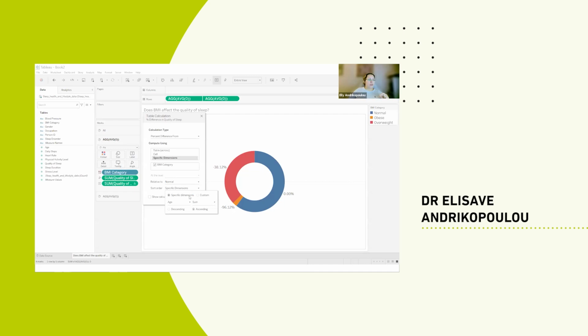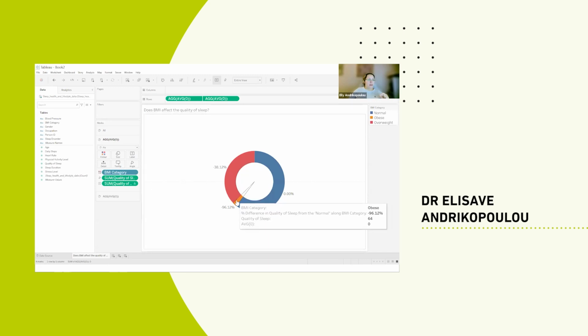You can sort the order to specific dimensions, leave that like that. So, and here you have how much the quality of sleep is different between obese and normal and between overweight and normal, which makes for a more interesting